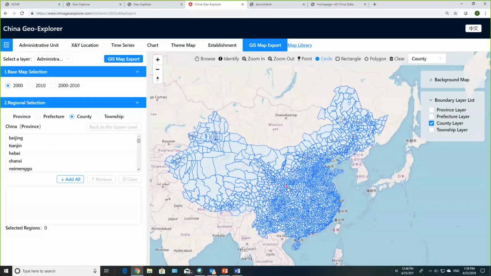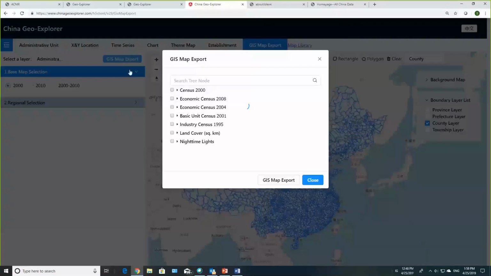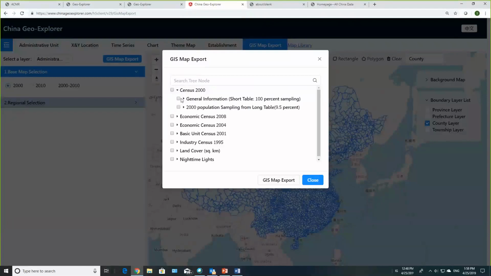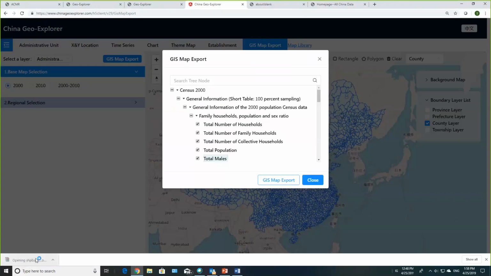You can export every piece here into the GIS map. Basically you can select any place, then select the different variables, and from the GIS map export you can select whatever variables you'd like to export. I will say I'd like to export these variables. Click export the GIS map. Then it will download a zip file. The zip file will include